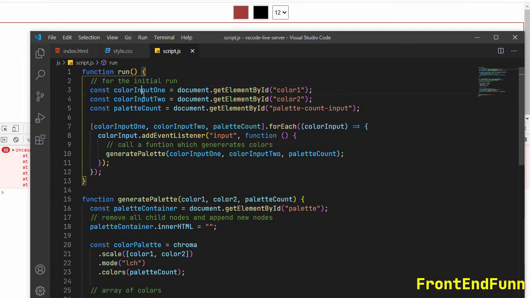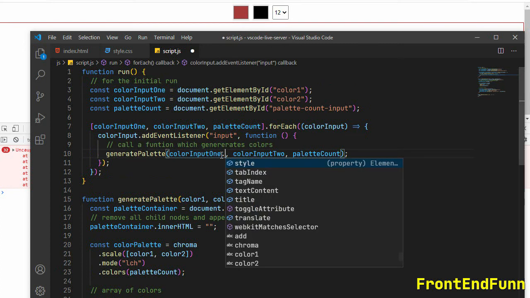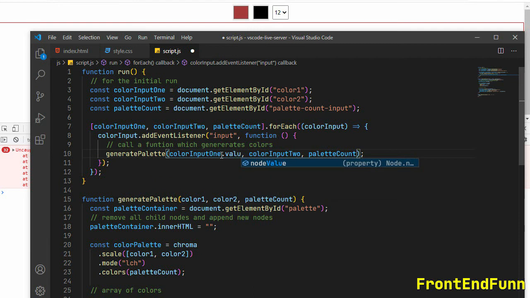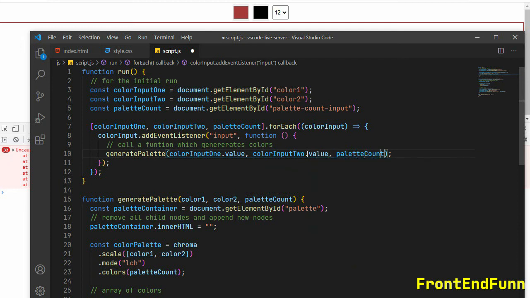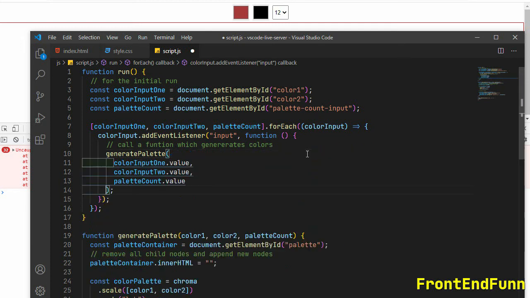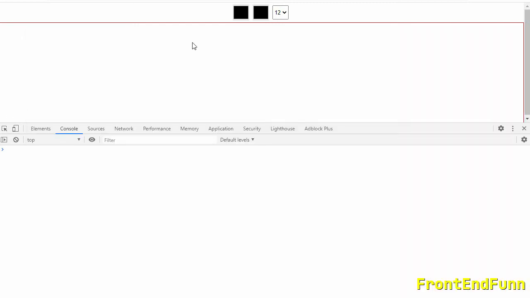Okay, so we are getting a color input element here. We need to pass the values here. So dot value. Okay, dot value. Fine.